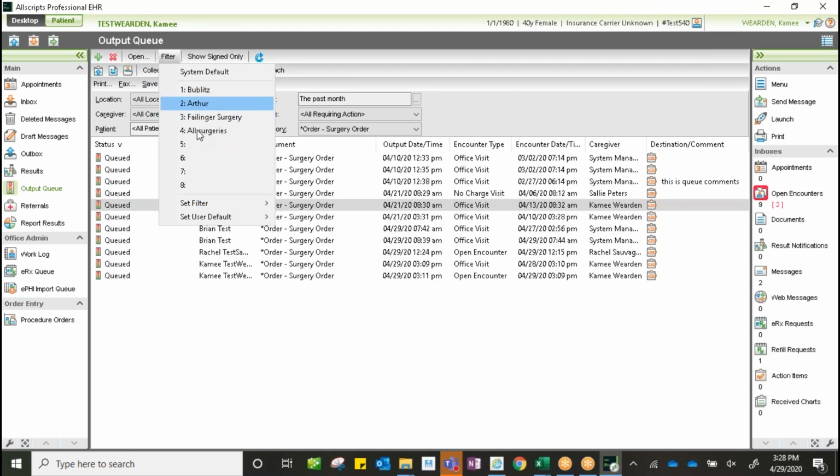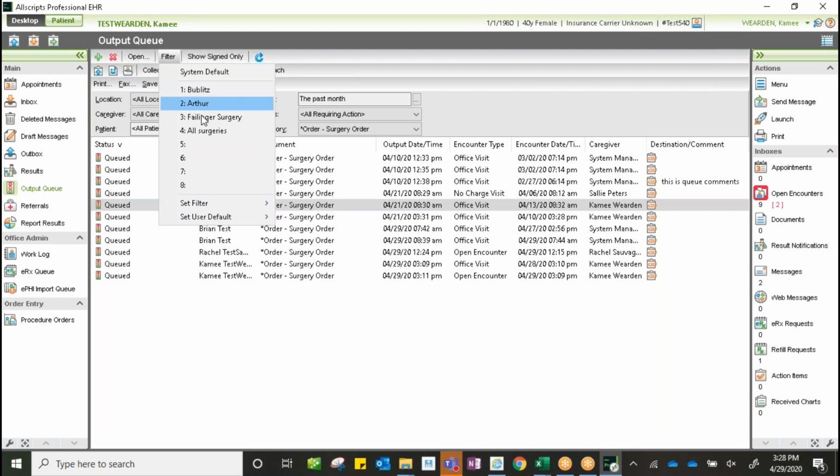Do I need to determine that I need to do one for the MA, one for the PA, and one for the physician? Maybe all three are going to take part of those responsibilities on. Maybe it depends on whether the PA or the physician sees the patient, and depending on who's going to do the order. So we can set those preferences, save them here by going to our filter set, choosing our preferences